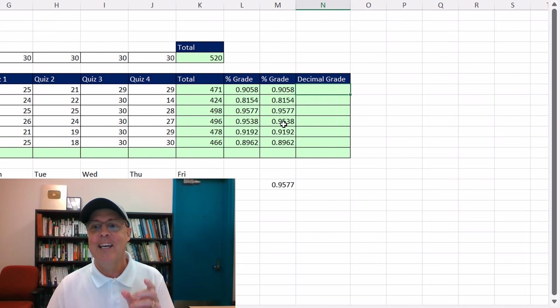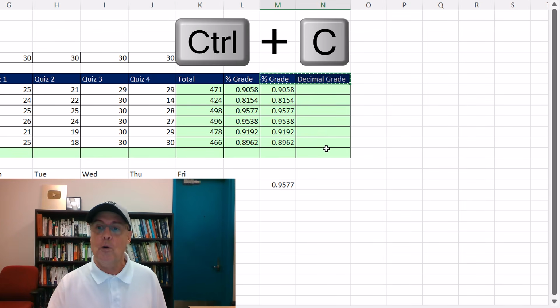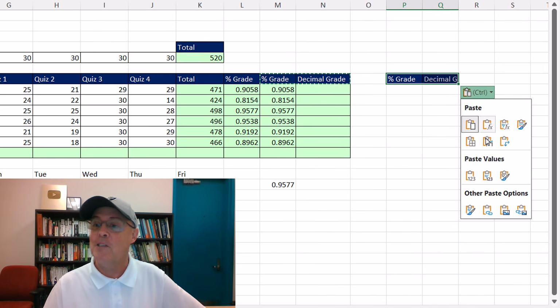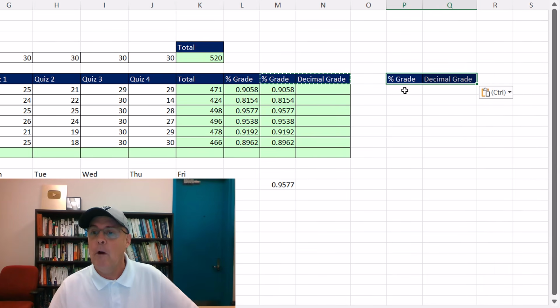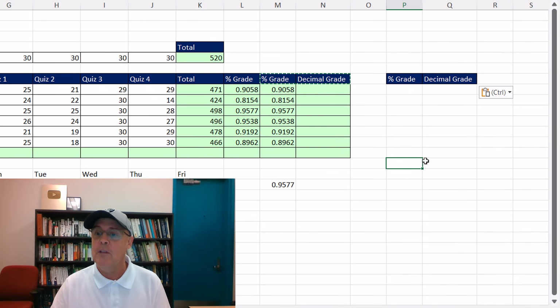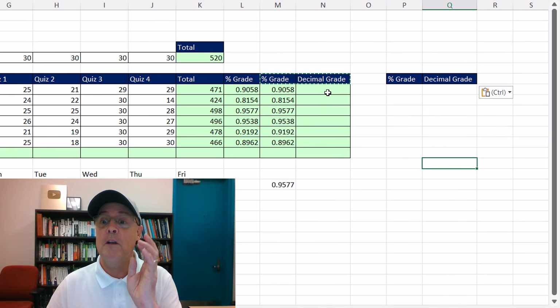Now the next task is to calculate the decimal grade based on percent grade. But wait a second. We don't have a lookup table. We're going to create that off to the side. Actually, we're going to use the same 2 headers. I'm going to highlight and Control-C to copy. Come over here and Control-V. Let's point to the Smart tag, and I'll say, hey, keep column widths. Now what we're going to do here is we're going to create a column so that we can match these in a % grade column. Once we find a match, then in this column we'll have the decimal grades. A match means we'll jump over, get it, and the lookup function that we use will bring the grade back